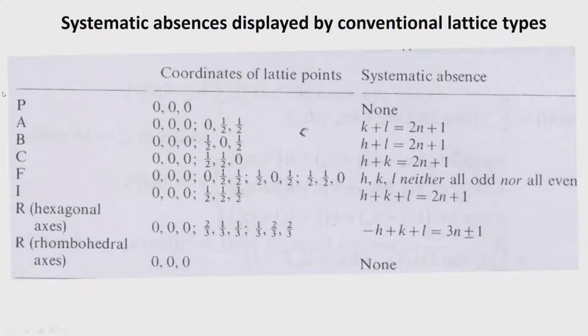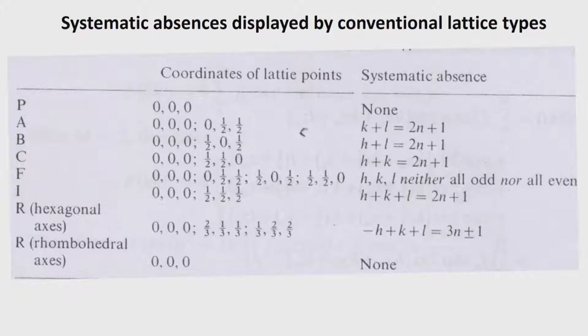So, the primitive lattice obviously will not have any systematic absences. What it means is that all the primitive lattices which come in all the 7 crystal systems will not have any systematic absences associated with general reflections. So, if you take reflections H, K, L, all values of H, all values of K, all values of L, then the systematic absences associated with a primitive lattice will be none,